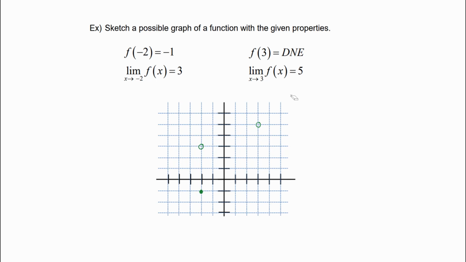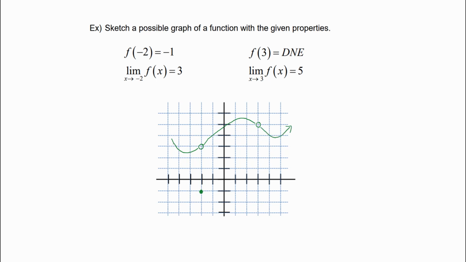So there are so many ways you can draw a graph that has these 4 characteristics. But the point is, because the limit exists at x equals negative 2 and the limit exists at x equals 3, I have to make sure the left of negative 2 and right of negative 2 are approaching the same number, and the left of 3 and right of 3 the function approaches 5. So I'm going to draw the smooth curve